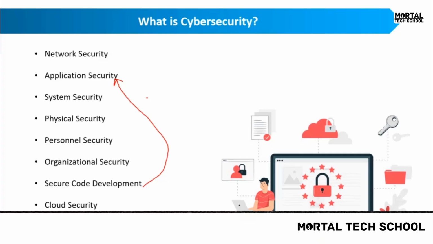And last is cloud security. We all know that the cloud has gained momentum in the last decade. So cloud security is very important because most people have now started saving their documents, their data, their photos, their videos, everything on the cloud. So that cloud must also be protected, right? That is why Google Drive, Azure and Amazon Web Services have large teams of professionals